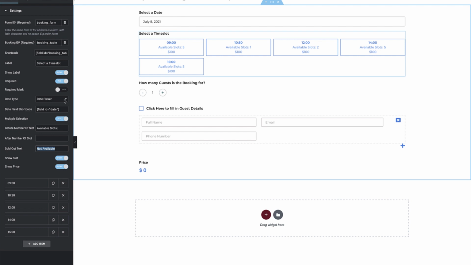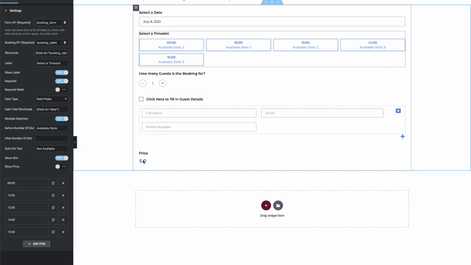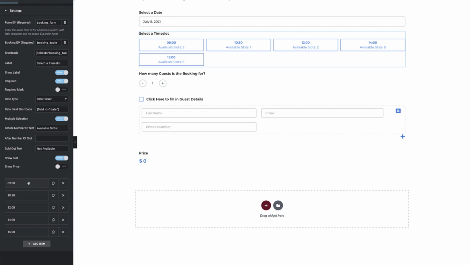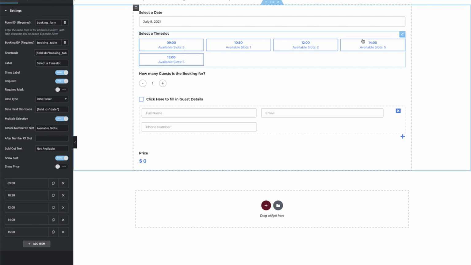So here I've got multiple selections selected. I want to show the available number of slots. I'm not going to show the price because you'll be able to see the price in the calculated field down below. Okay, so next up is where I then create the fields or the slots within the particular day,